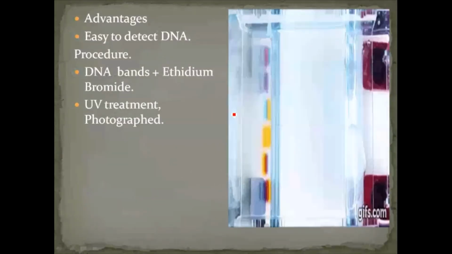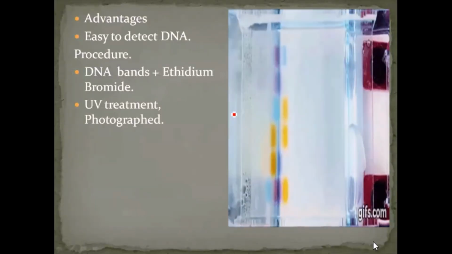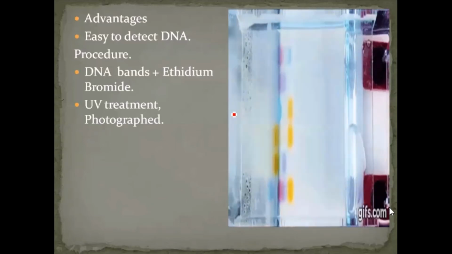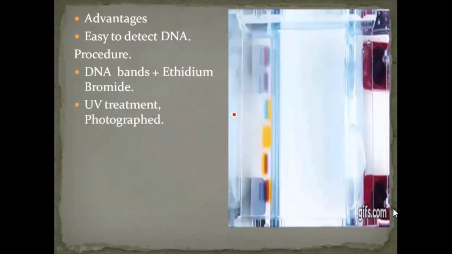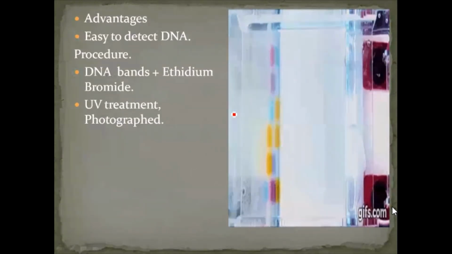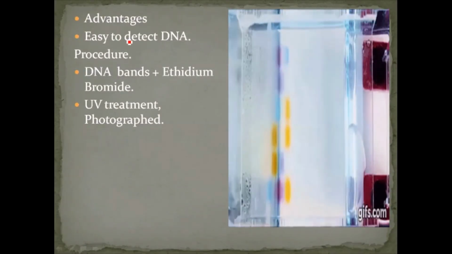That carries the DNA molecules based upon molecular weight and they settle in particular areas. A photo copy can be taken, and the photo reveals the position of the DNA, and by that photograph we can compare it with other DNA molecules. And here we have the advantages of electrophoresis. The first one is it's